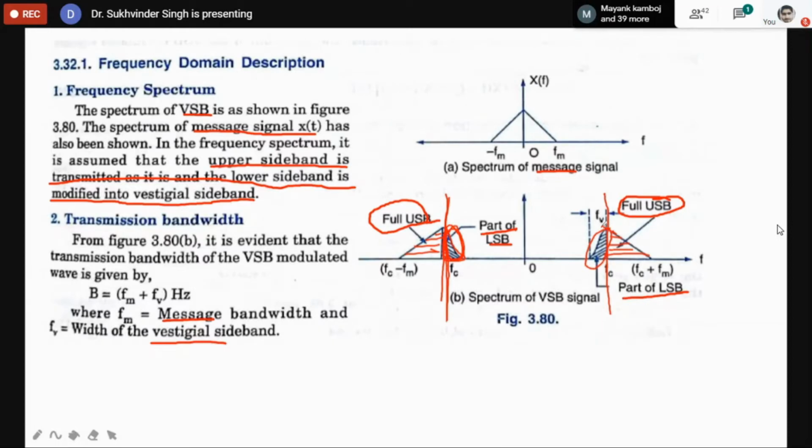The purpose is to make the circuitry very easy for the filters, because for a sharp frequency, the filtering is an extremely difficult task. It is extremely costly. So we unnecessarily do not want the circuitry to be complex and the cost to be high. We don't want this. So to reduce these two things, we are taking some of the frequencies which are not part of our upper sideband or the lower sideband, and these unwanted frequencies are called the vestige.